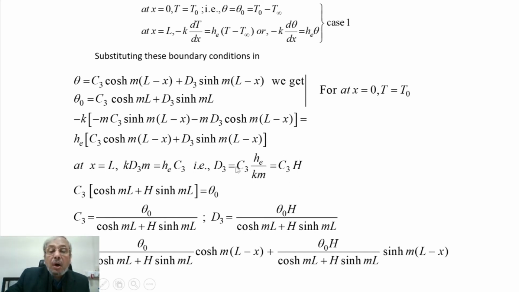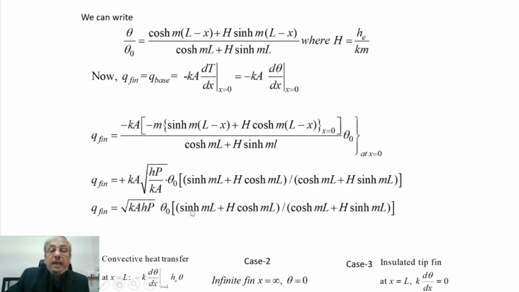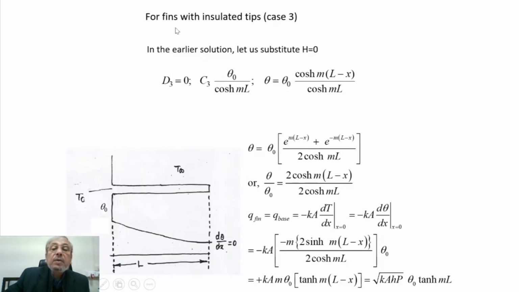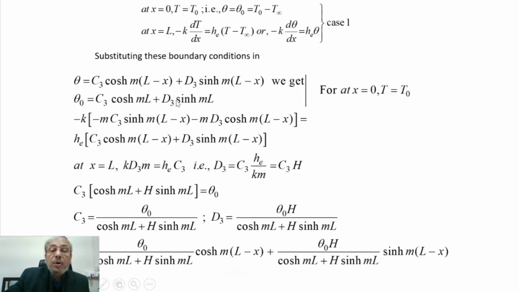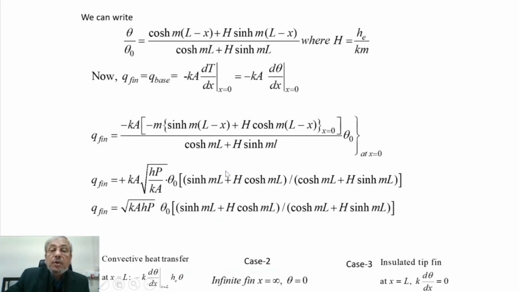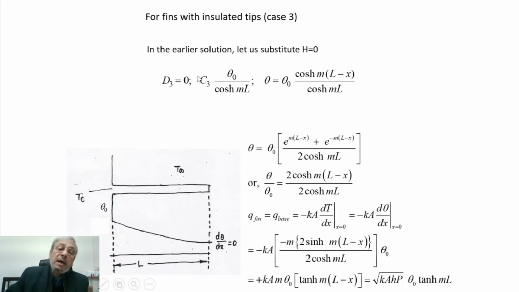So this uppercase H parameter will be 0. And then in this expression, if uppercase H is 0, D3 will be 0. So in the foregoing analysis, D3 equal to 0,